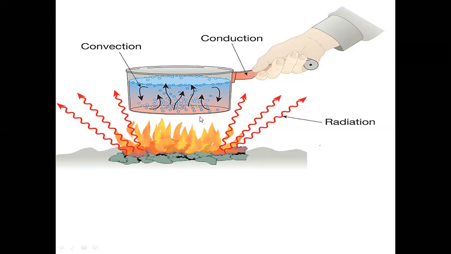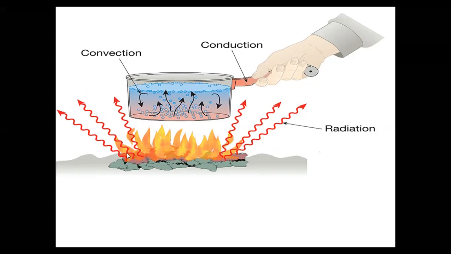And here, though this part is not touching the fire, the heat is being transferred from the fire to this part, and that is called the radiation mode. Here all three modes of heat transfer are present. By watching the diagram you may get an idea that there will always be more than one mode of heat transfer, two or three.